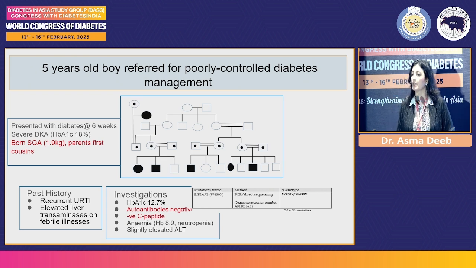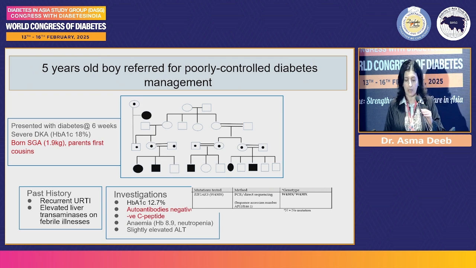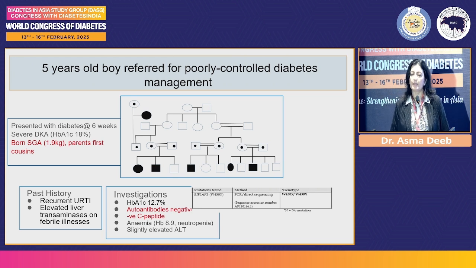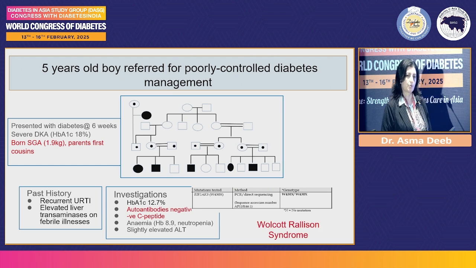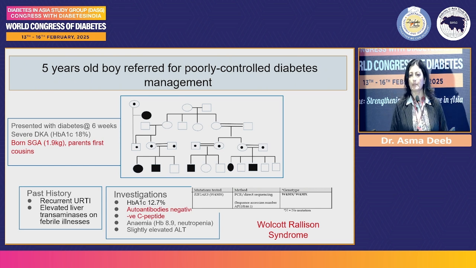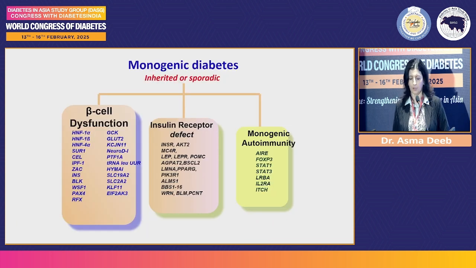We suspected monogenic diabetes, and his whole exome showed a mutation in EIF2AK3, which is a transcription factor known to be important in beta cell transcription and secretion of insulin. So this is a syndrome called Wolcott-Rallison syndrome. Many colleagues in India have presented such a syndrome in multiple conferences, including ours, the Arab Society conferences. So I'm sure this is nothing new for you.